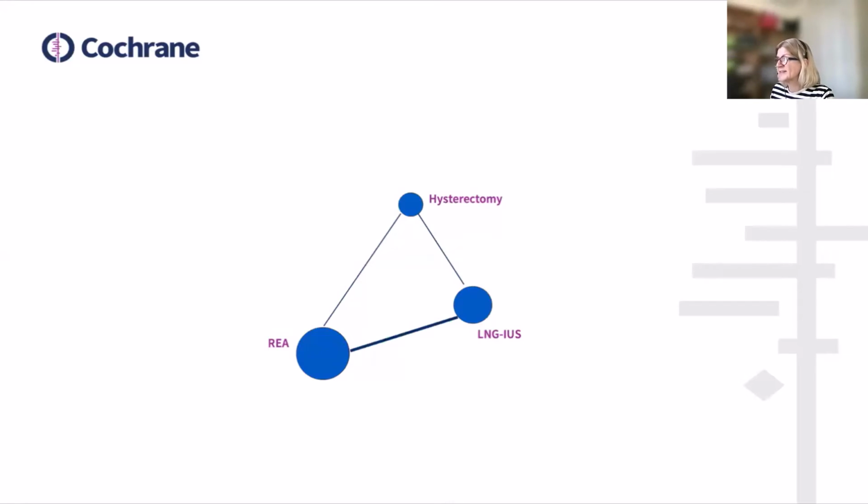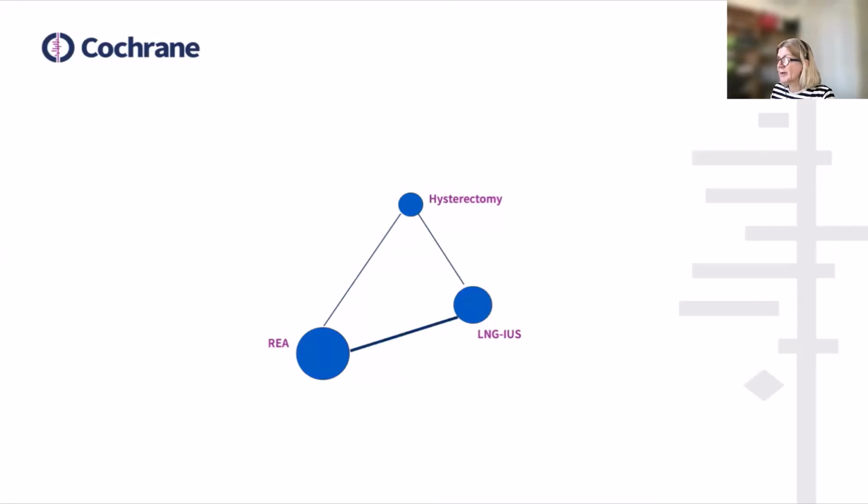To recap Emma's presentation, in this plot, the thickness of the lines connecting the interventions reflects the number of the studies making a direct comparison between the interventions. In this case, there are 2 studies comparing REA and LNG-IUS, 1 study comparing REA and hysterectomy, and 1 more